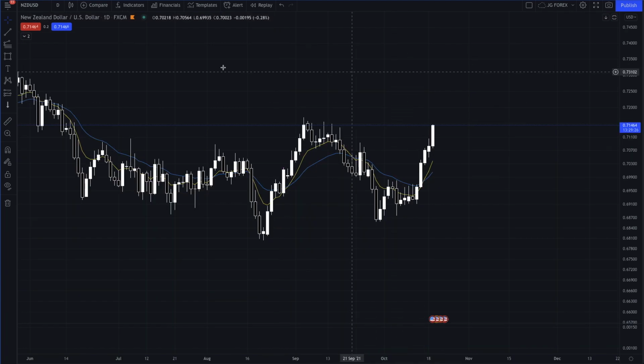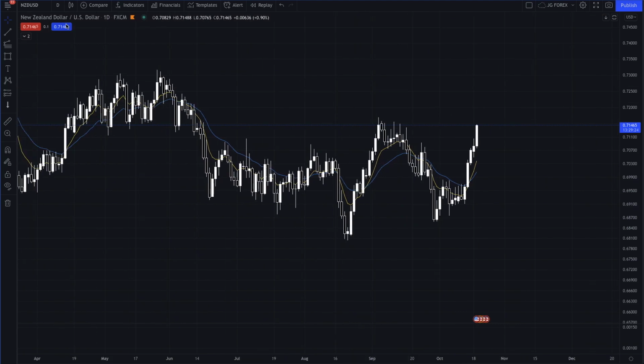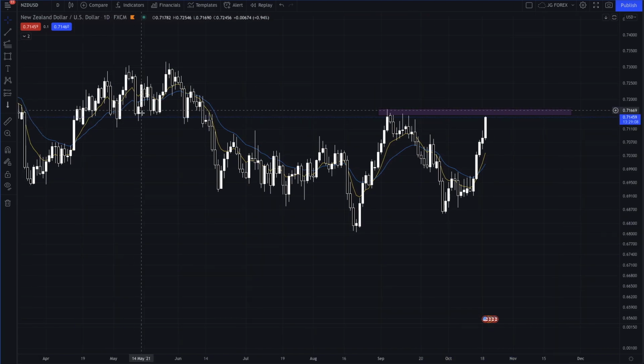The last pair on this portfolio with a potentially decent setup is the New Zealand dollar. And again, it's a structure-based setup. Been in consolidation for a long time on this pair, but we're approaching 71.50, which is a decent level in this market. You can see just looking left, it was a nice support shelf, became resistance. We had that level respected, and we're just approaching this off the back of 1, 2, 3, 4, 5 strong